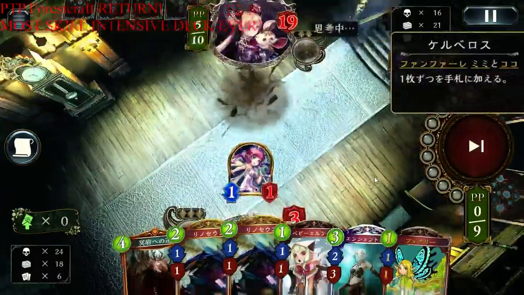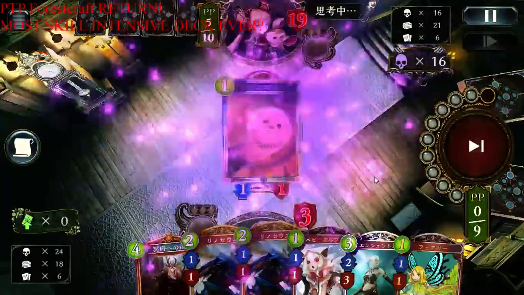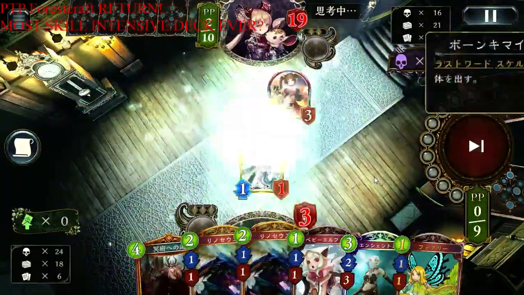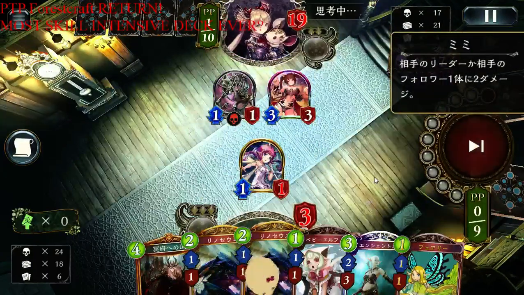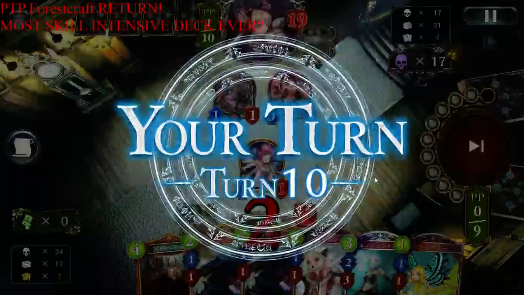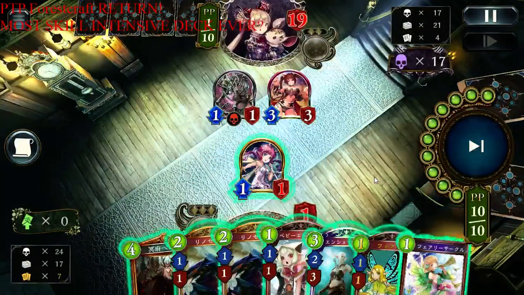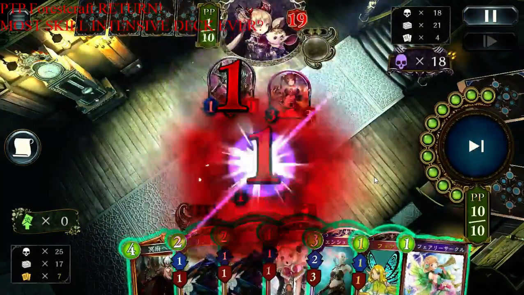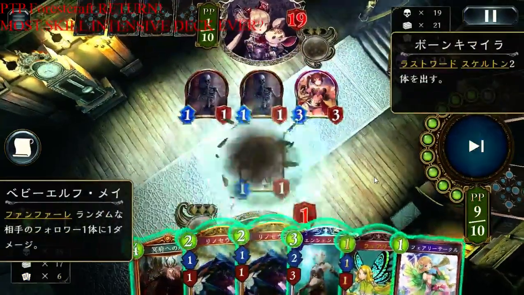So our opponent just has another Cerberus, which is really annoying. I just took so many direct damage from the Mimi, and I'm down to 1. Lucky enough, just now my opponent is trying to deal with Rira, so he's unable to actually just wipe me out. But here, this is actually